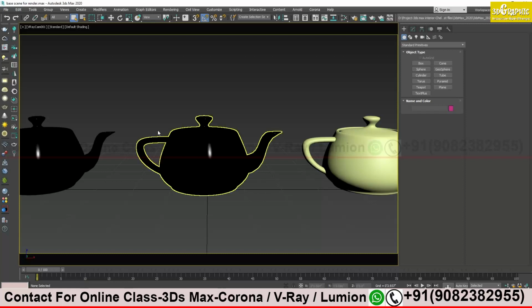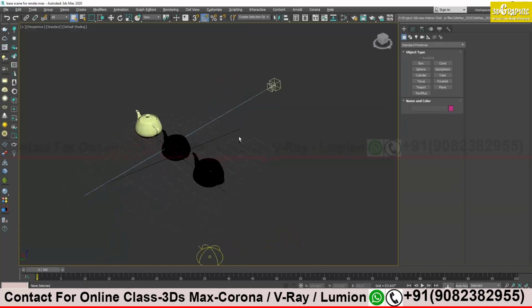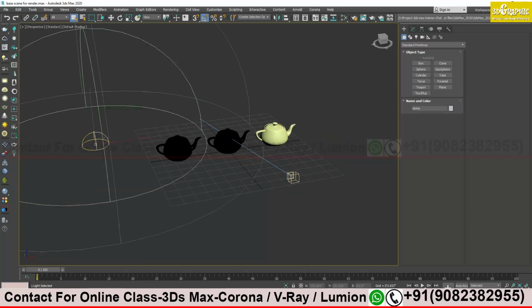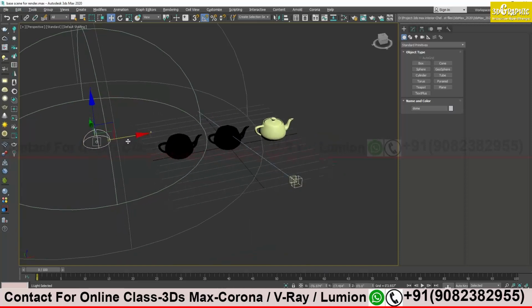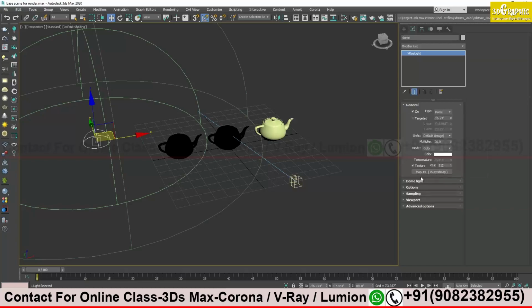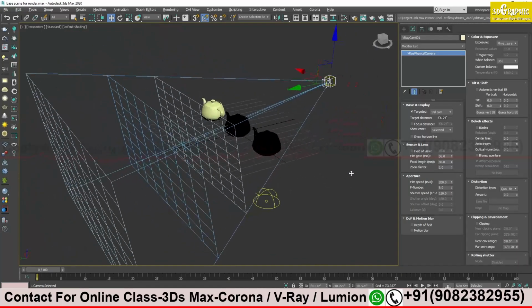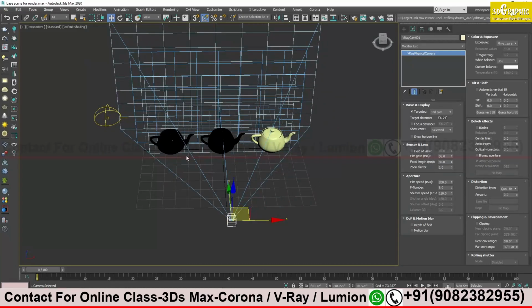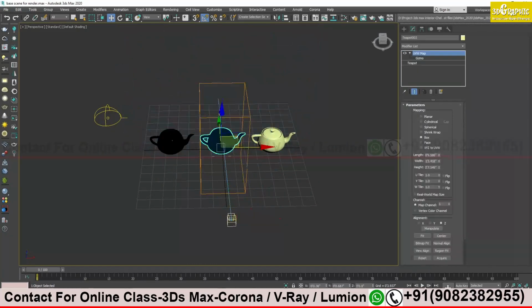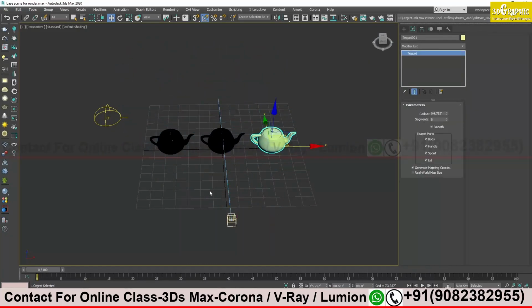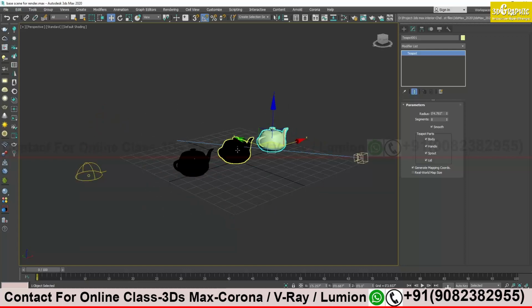Okay. So here, this is just a base scene I have created. You can see my computer screen now. If I go to my perspective view, this is just one HDRI map light, sorry, a dome light, which has an HDRI map assigned, and a V-Ray camera is there, and my model where I will apply the material, like chrome material and so on, so that we can see the material.